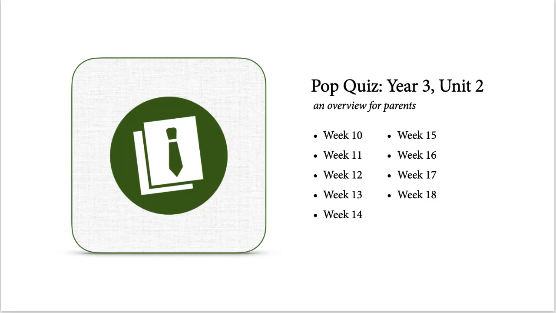Welcome to Year 3, Unit 2. Let's continue our in-depth study of the 19th century. Unit 2 covers the second quarter of the century, from 1825 to 1850. We've titled this unit The Age of Industry and Expansion, for good reason.